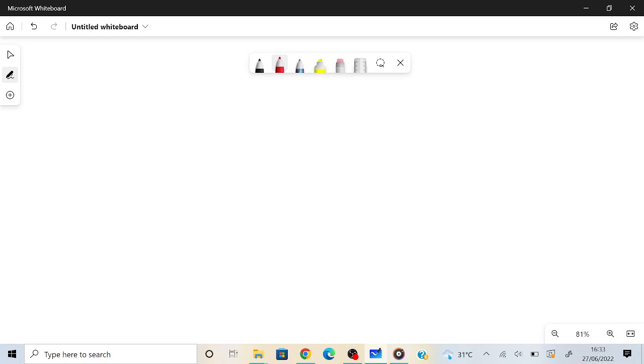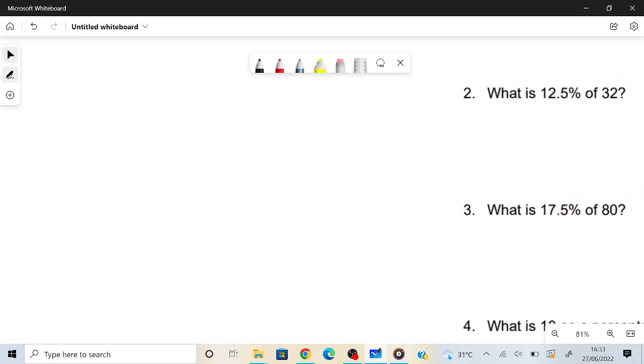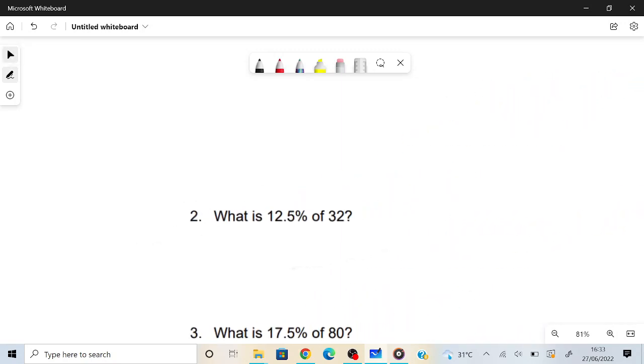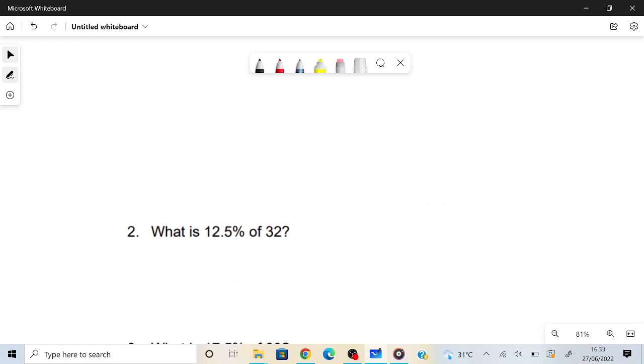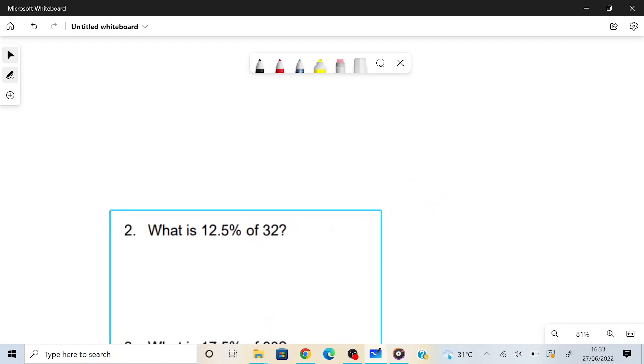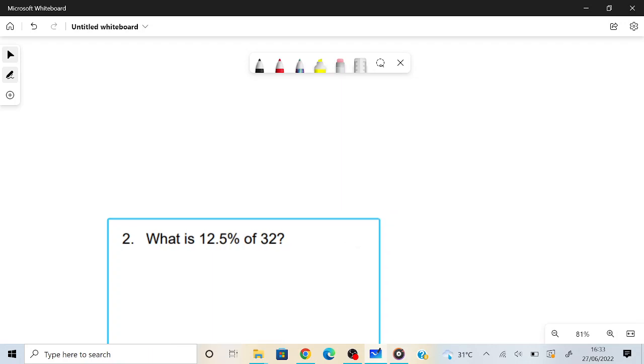So percentages is a topic that is very practice oriented, meaning the more you practice, the more comfortable you get in it. So let's get into examples, and along the examples I'll be explaining certain points about the topic. So let's go to the first example. Right. First example says, what is